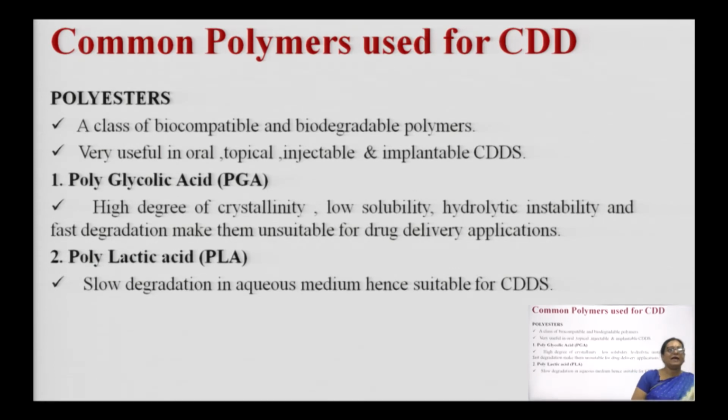Next we have polyesters. These are a class of biocompatible and biodegradable polymer, and this biocompatibility and biodegradability makes them very versatile. They are very useful in oral, topical and injectable preparations, as well as in making implants for controlled drug delivery. Examples are polyglycolic acid, polylactic acid, but polylactic acid and polyglycolic acid are quite different in their